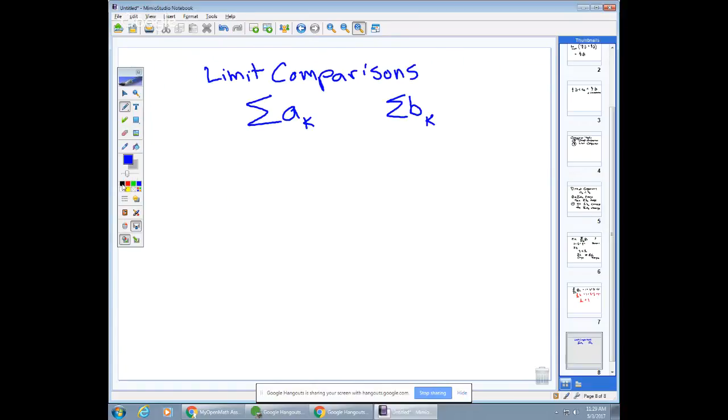And then what we do is we look at the ratio. What happens if I ignore the sums for just a moment and I look at the limit as k gets big of a to the k over b to the k? So I just match them up and I say, what happens when I look at their ratio? And what this does, it just compares their growth rates. Kind of like L'Hopital's rule does, but in a slightly different way. It's not exactly the same as that. If this has a limit, so it's some positive finite number,